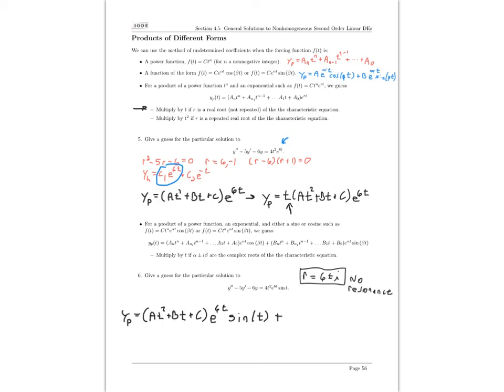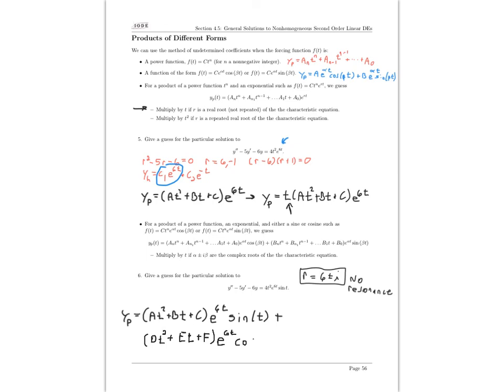So I'll come down here since I'm running out of room, but in front of the cosine I would have possibly a different quadratic. So I'm going to say d t squared plus et plus f